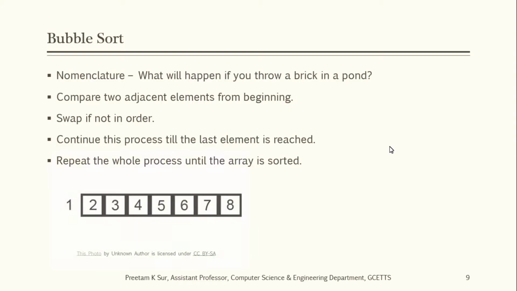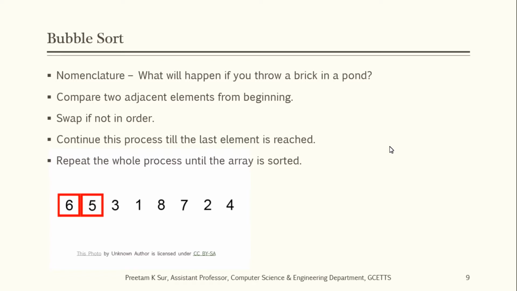Okay, if you see this animation where the sorting algorithm is described, initially this is the position of the array. First the first two elements are going to be checked, and since they are not in order, they will be swapped. Next the next two elements are going to be checked, and since they are not in order, they will be swapped. In this way it will continue until the largest element comes to the end. If we look at this example, it is basically comparing the two adjacent elements one by one, and if they are not in order, swapping them.